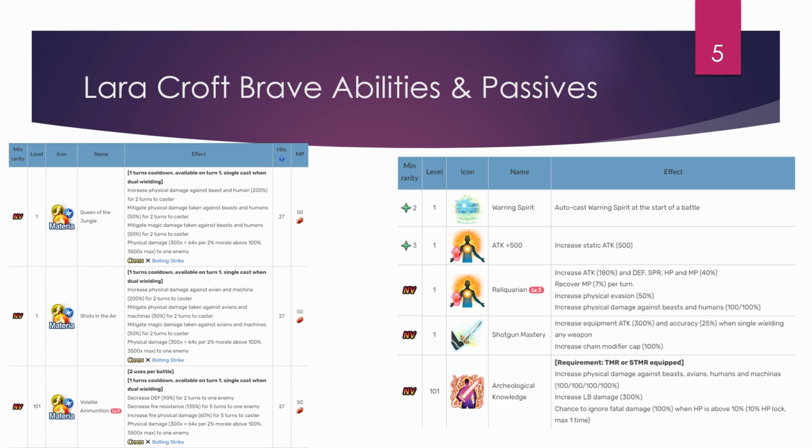And I feel like this is absolutely crazy. We've had 50% with Sky, Bulwark, for example. Bulwark has, I believe, 60% amp on his morale skill, which you can only use in Clash of Worlds. But Volatile Ammunition, that works everywhere. That works in Trials, that works in Dark Visions, that works in Clash of Worlds. That is crazy. So whenever you have a team dedicated to fire, you should bring Lara, because she is crazy